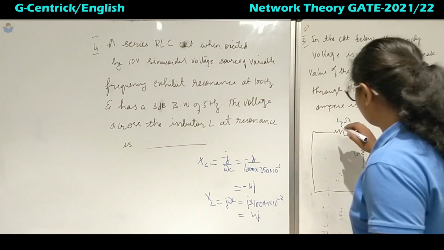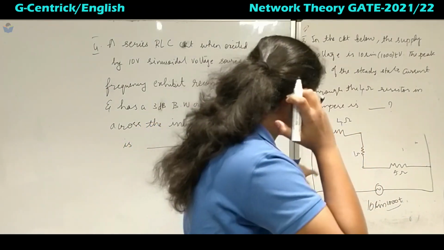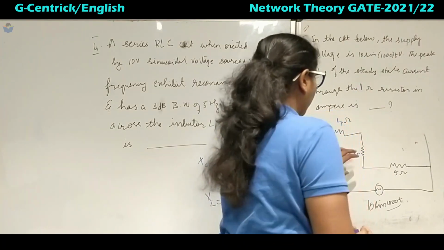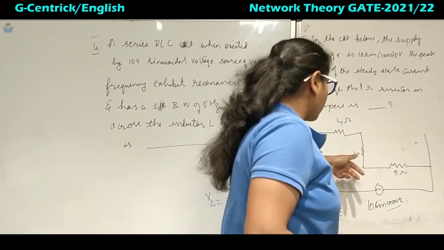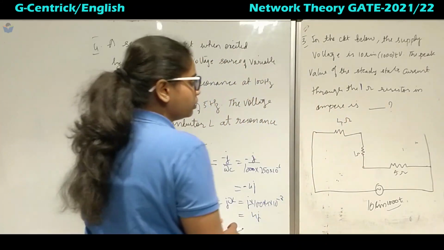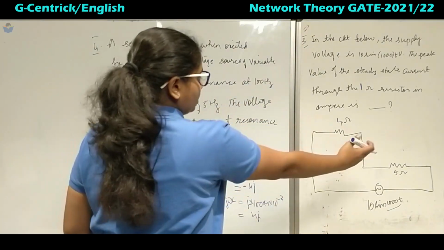Right. So this was 4 ohm. Yeah, so this was 1 ohm value. Okay, so it was 1 ohm only. Sorry, I made a mistake here. Okay, so this is 1 ohm. So now we have to find that this has become open circuit, so this line is also not there, right? So we have this series network now.